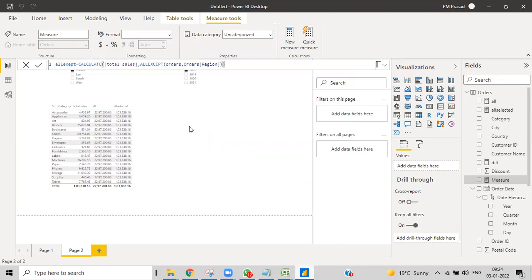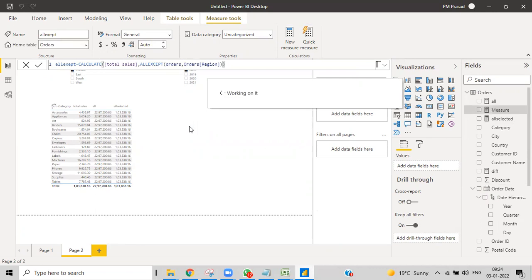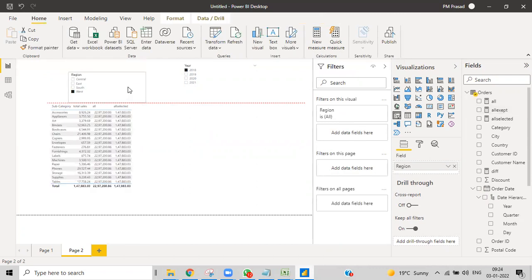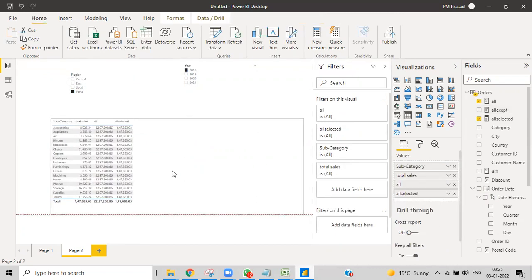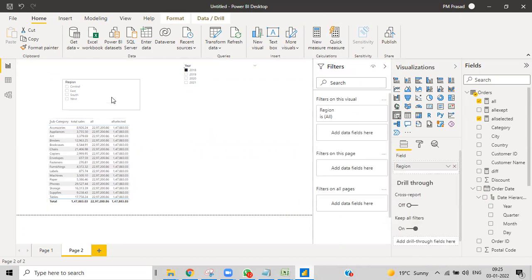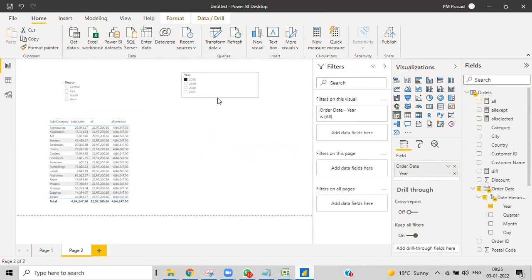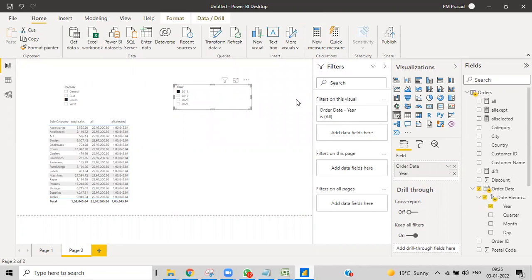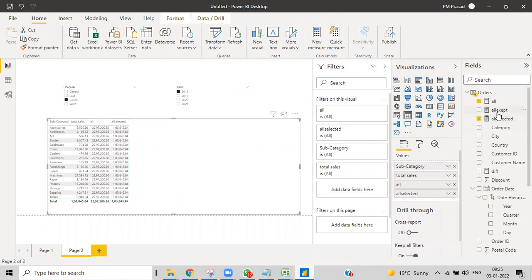What does it show at this instance? What is written in ALL EXCEPT?